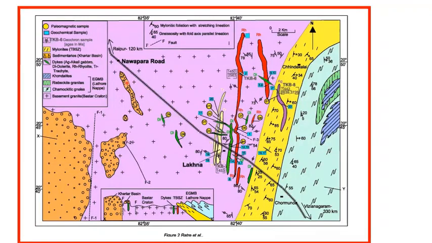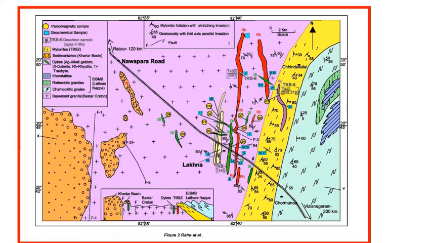So there, this transition zone comes into the picture. But in this part, there is no transition zone, because the granite is in direct contact with the Eastern Ghats. Okay, so this is the setting, and I'll show you one more map. So this is a detailed map